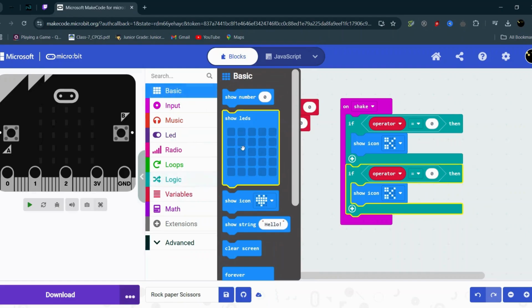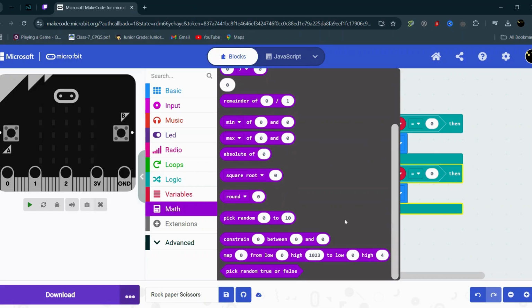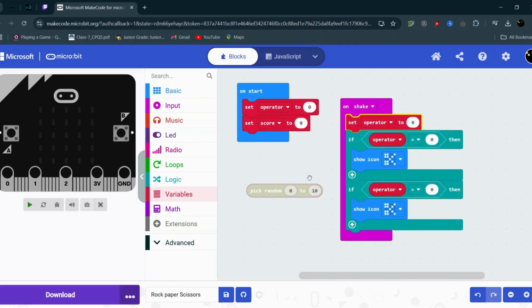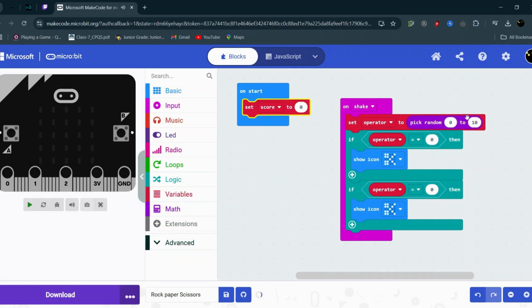There's actually a pick random tool. It's probably under math. Pick random 0 to 10. Now set operator to pick random 0 to 10. Remove this. Pick random 0 to 10, but I'm going to do 0 to 2, 0 to 1, and then